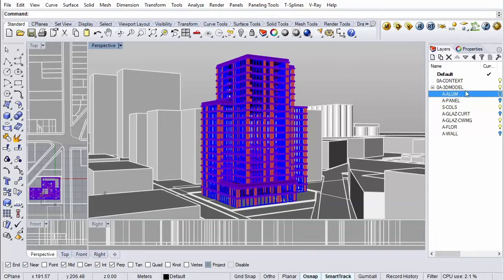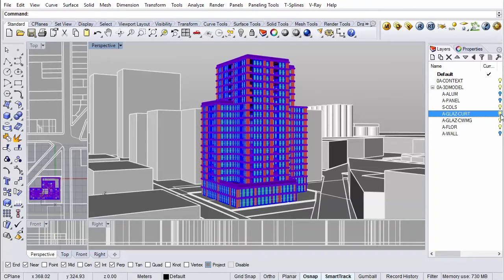So say all of the glazing is in one same layer. That's going to make it really, really easy for us to assign materials by layers. Otherwise, if you've got different materials set within the same layer, then you're going to have to assign them individually, and it's a nightmare. So one material by layer.